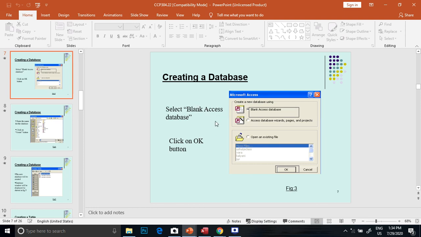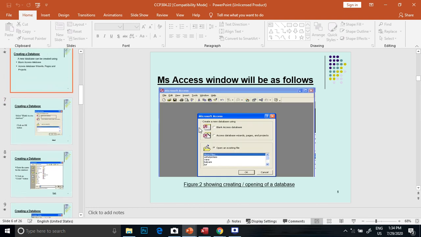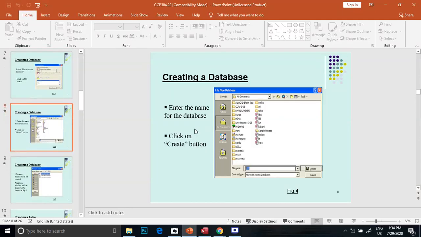Please go through the screen to see how to create a database, then we can understand how the creation of a database happens.